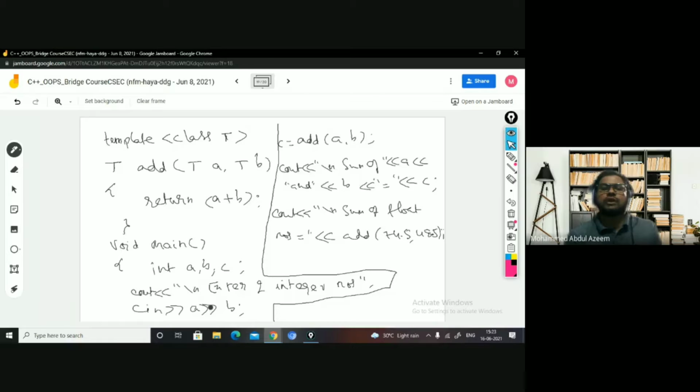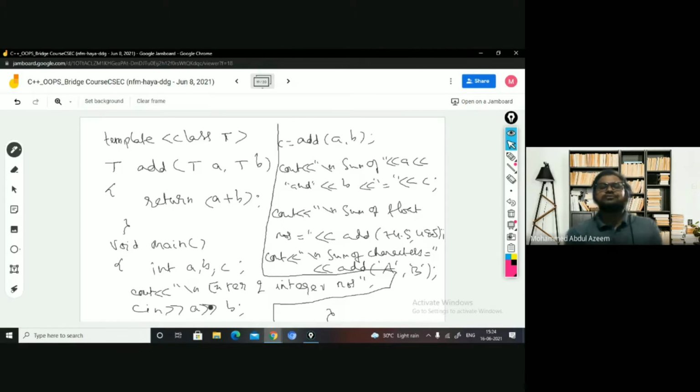This is a float kind. I also want to perform the addition on character kind: sum of characters equal to add of, let us say, I'm passing capital A comma capital B. Characters I'm passing. Now let us try to demonstrate this.